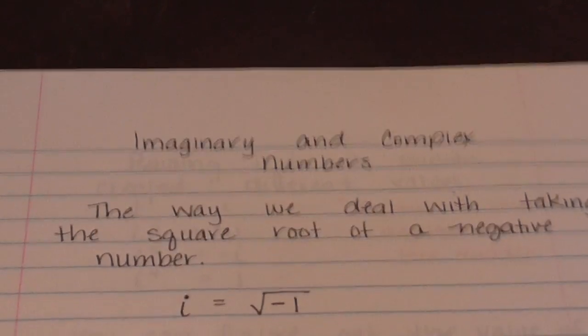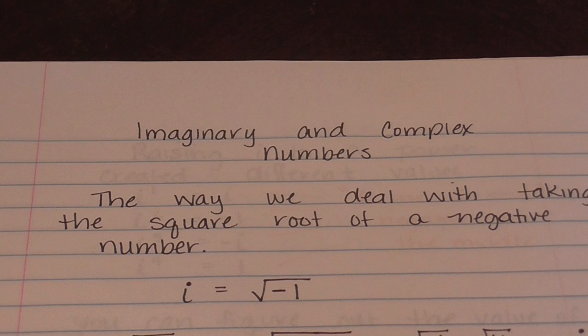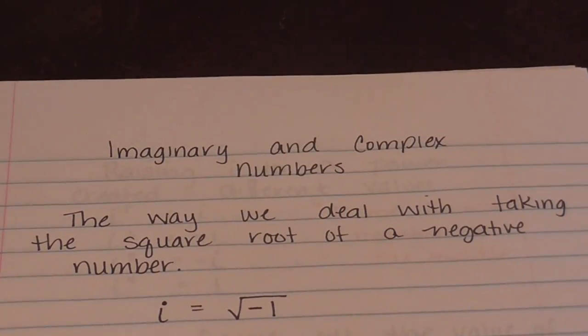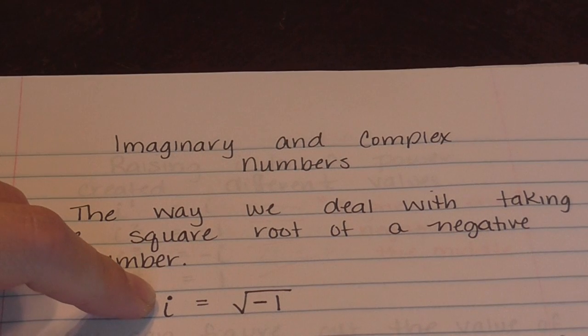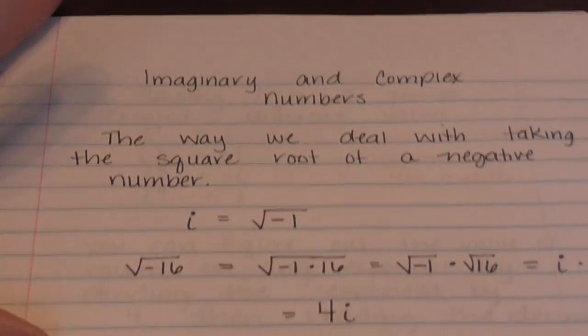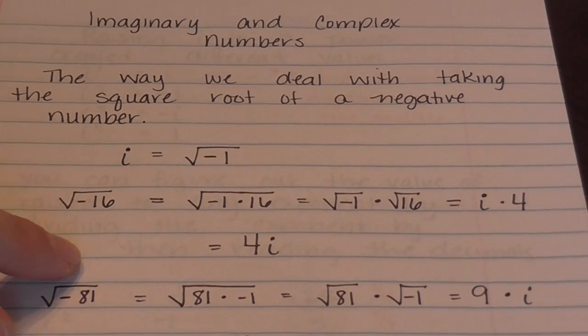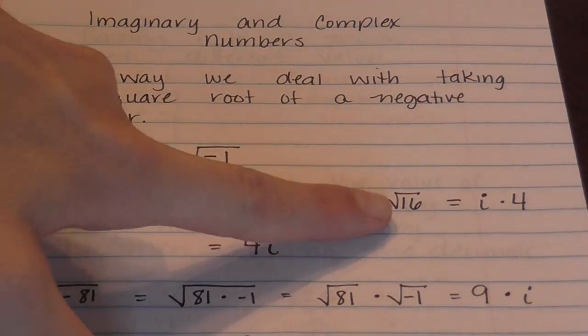Imaginary and complex numbers. So basically mathematicians got stuck on taking the square root of negative numbers, so they came up with an imaginary number, i. And this is how they deal with taking the square root of a negative number. So they let i equal the square root of negative 1. Alright, so no matter what we do with these, I can always break down the negative 1 and pull it